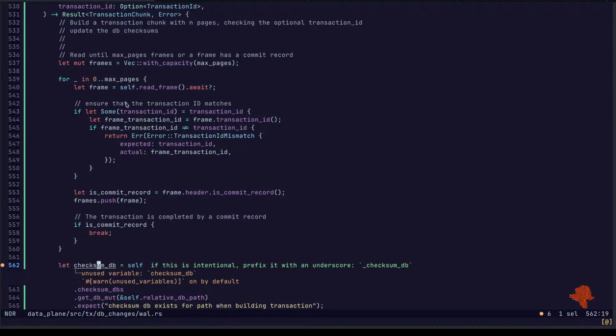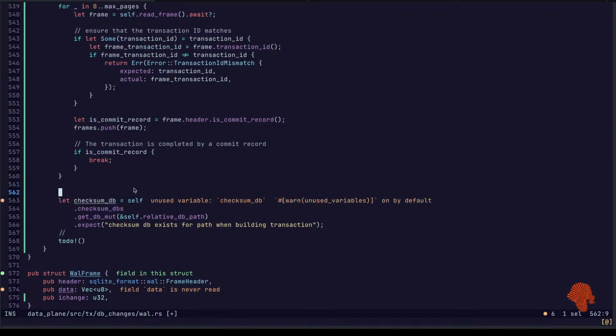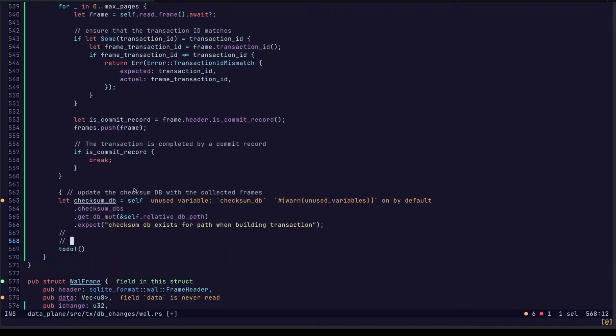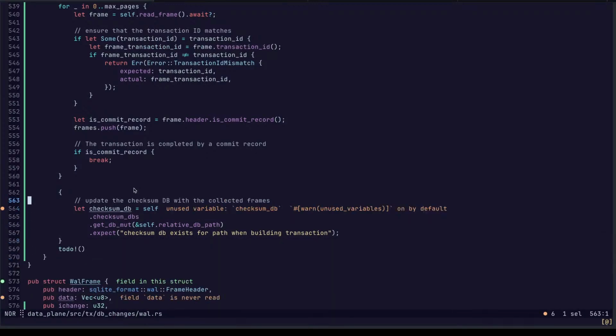Now that we know we've got n number of frames, we'll loop over checksumdb and update that. Kind of need the transactions to come out of this too.